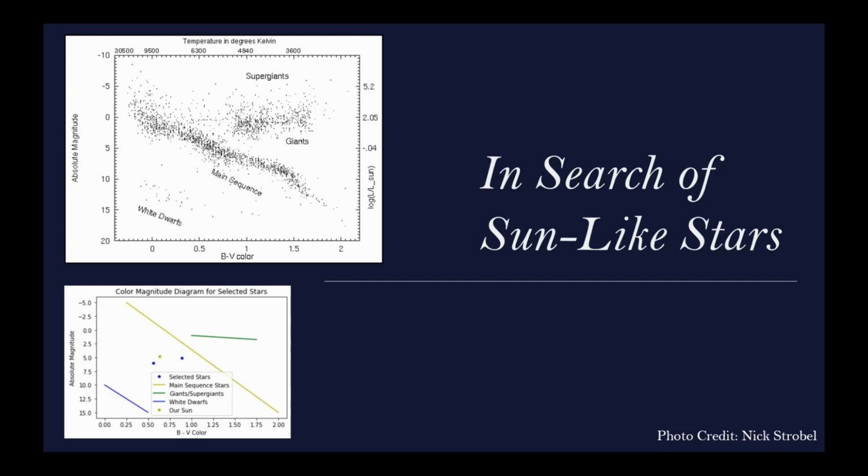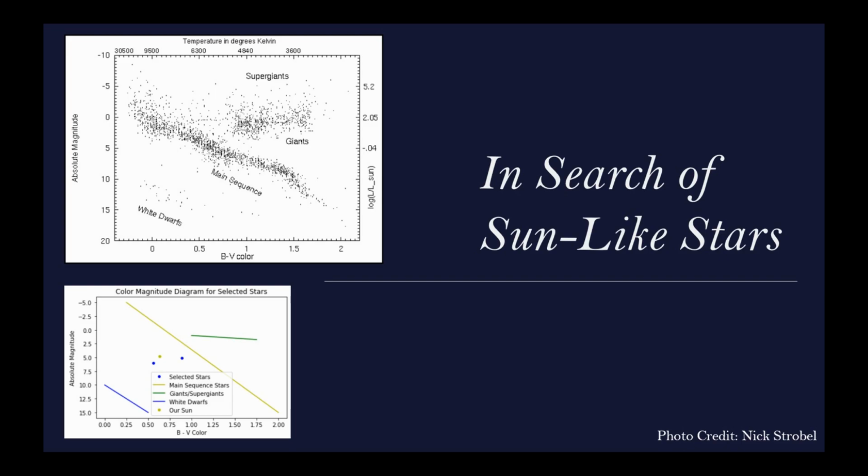Additionally, prioritizing travel to these systems is crucial if we want to learn more about our own solar system or even our own planet. I'll go over my diagram in a moment, but please turn your attention to the one in the top left. This diagram is called a Hertzsprung-Russell or HR diagram. It displays a striking correlation between luminosity, or the brightness, also known as magnitude of a star, and the temperature, which also directly correlates to the color of a star. Stars which fall along this correlation are called main sequence stars. Outliers, such as giants and white dwarfs, are easily identifiable on this diagram, as seen in the example image made